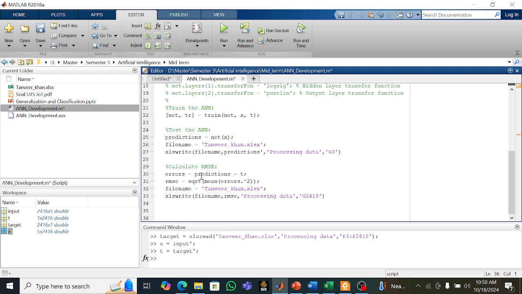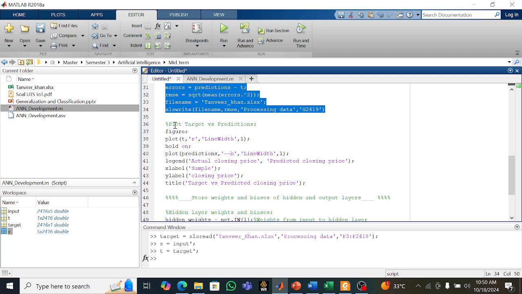First we will get the target error, then we will take the square root of the mean of the squared errors, this one. So this will give us the root mean square error for all the data. Then I will save this root mean square error in the Excel sheet on G219 cell,